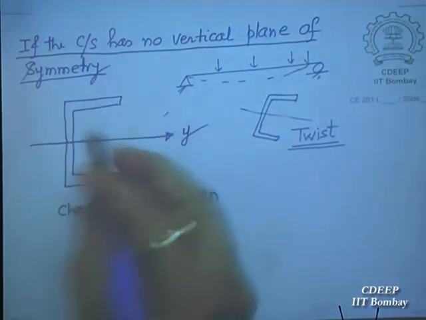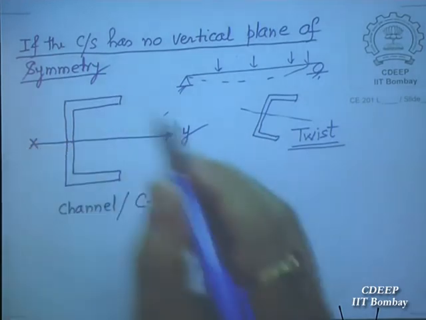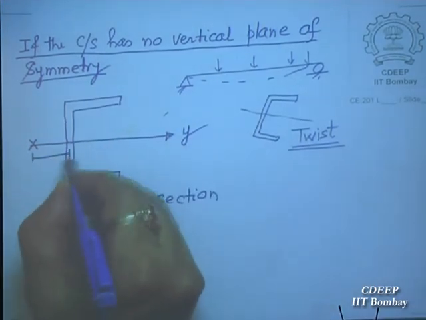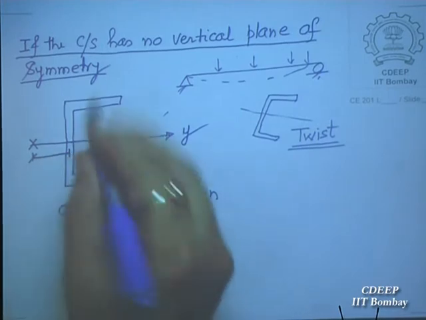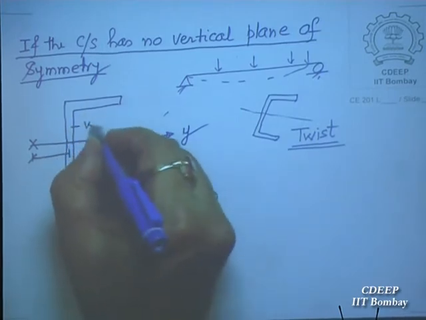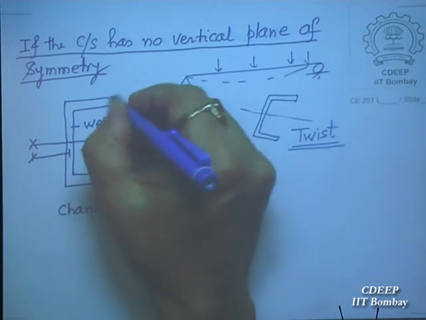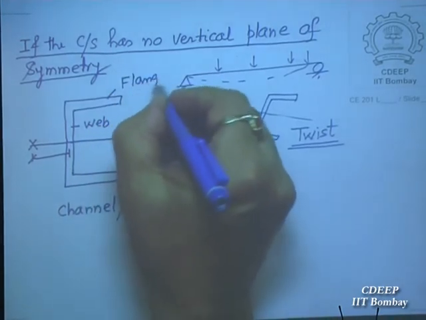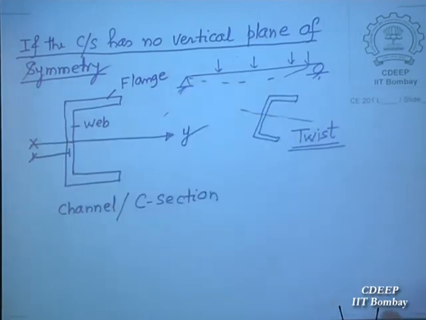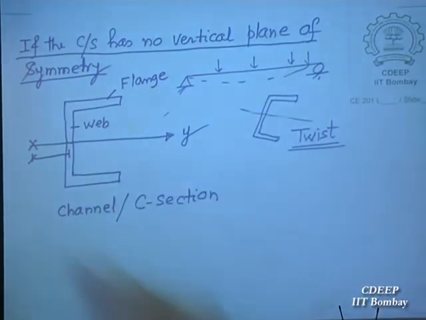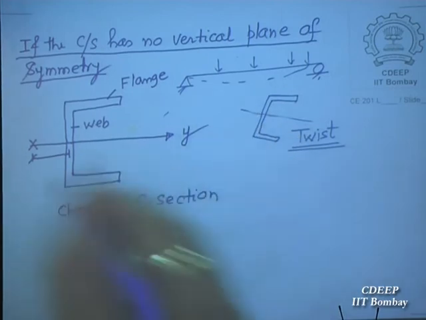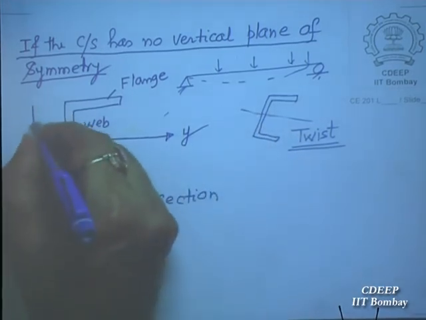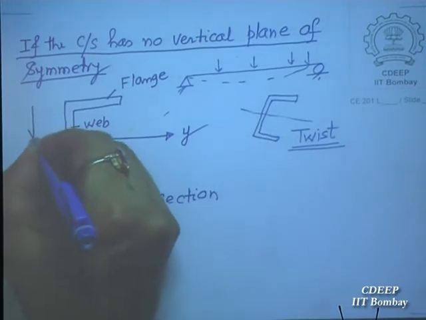And for this section, there is a point here on this y-axis, at some distance from the vertical web. This is the web, by the way, and this is called the flange. So there is this distance, y bar. If I apply a shear force, a vertical force here,